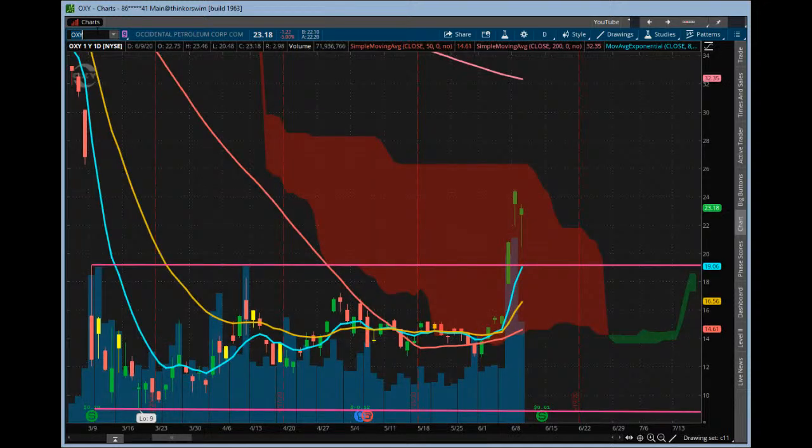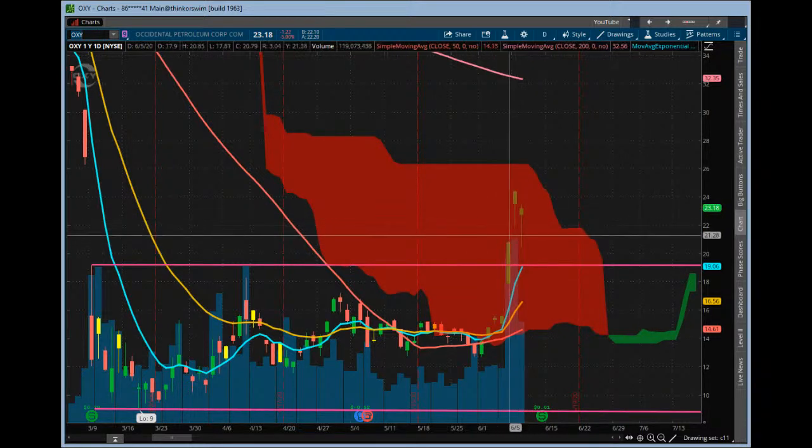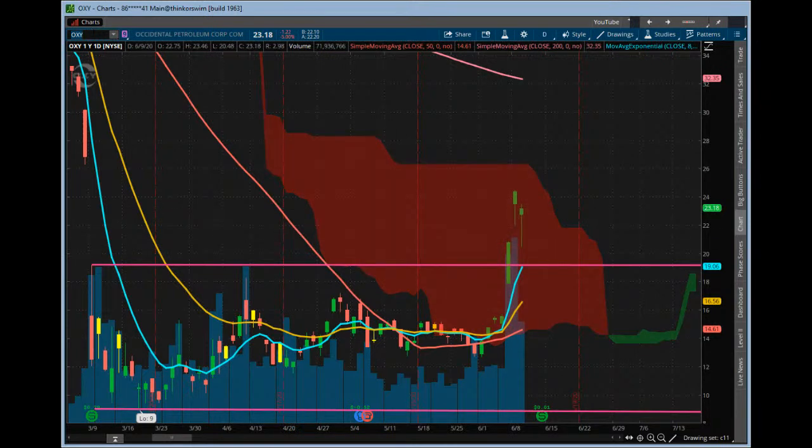Oxy was pretty interesting. It pushed down pretty hard at the open. The oil was pulling back. Airlines were pulling back. Then a lot of them bounced off the lows. What I like about Oxy is it pushed down, right, and it filled the gap. It filled this open gap right here and then gave you a lower shadow back up. So let's see if that can continue to work its way up on that one.